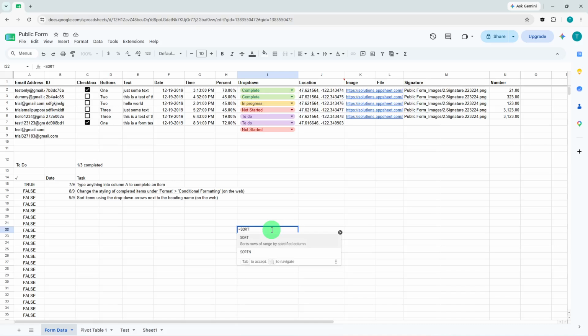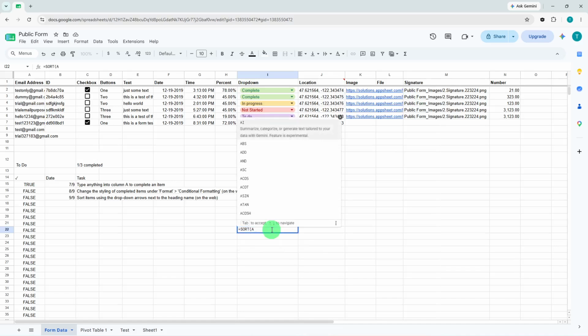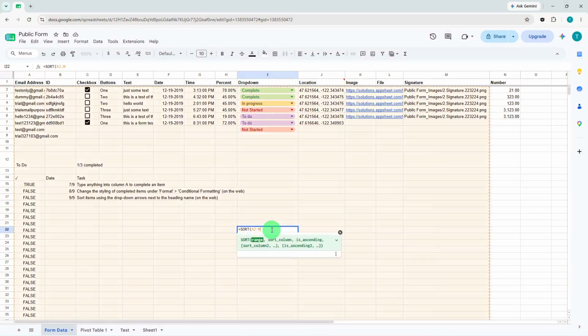followed by the word sort and an open parenthesis. Now, with your cursor blinking inside the parentheses, click and drag to select your entire table, including the headers. If you're working with a small dataset, you can also type the range manually, like A2:F50, but dragging is quicker and reduces typos. After the range, type a comma, then enter the number of the column you want to